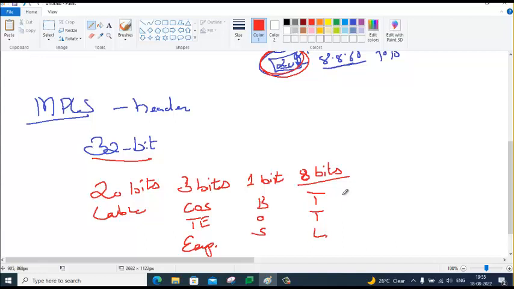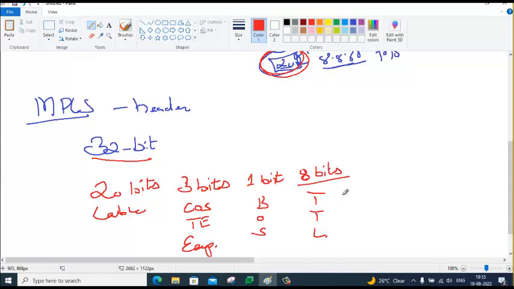MPLS is 32-bit only. The entire MPLS header is 32-bit only. Whereas the IPv4 header can be much larger. It depends, because there is a field called optional field which will have a lot of junk fields.